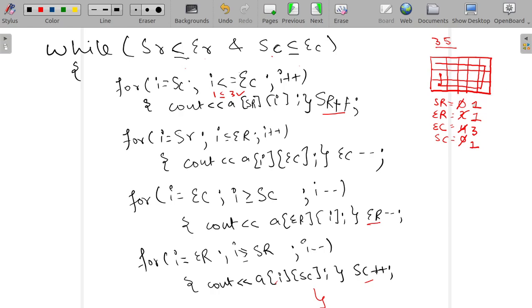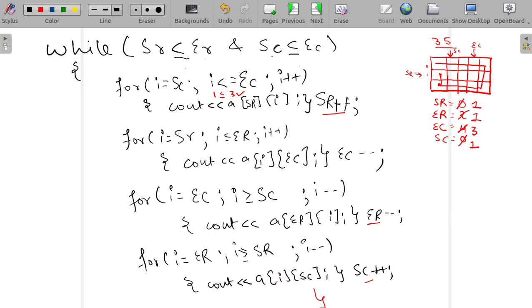Our start row is pointing at 1, this is 0, this is 1, so our start row is pointing here, and our start column is pointing here, and our end column is pointing here. This is our end column, this is our start column, and this is our start row.